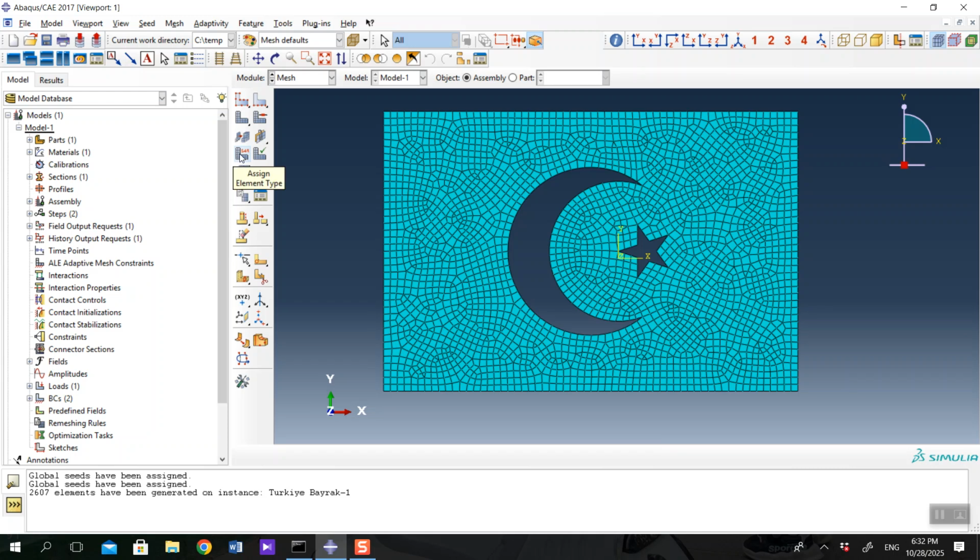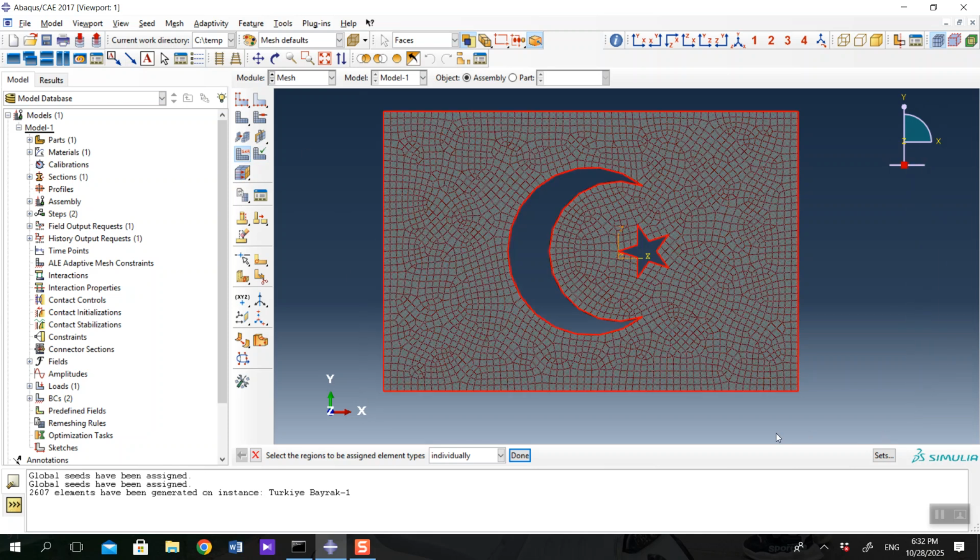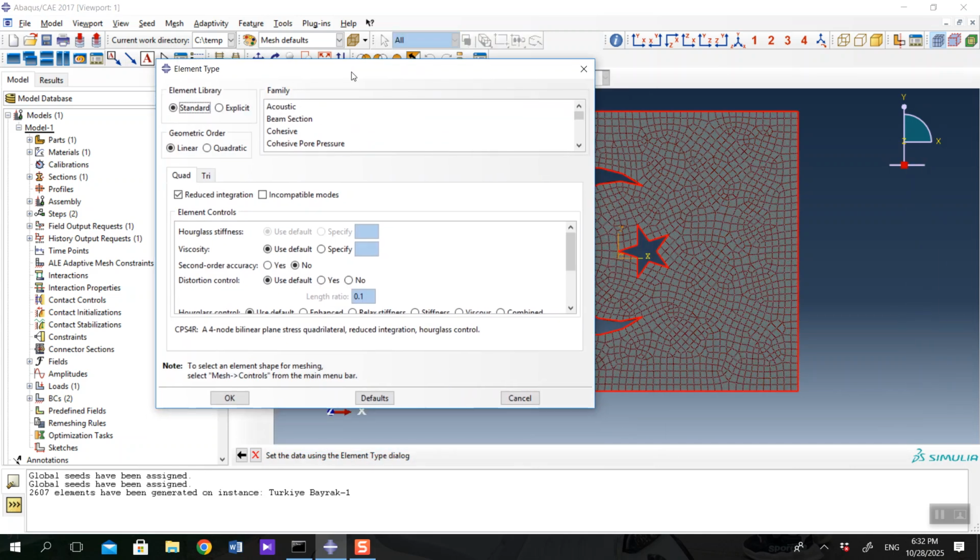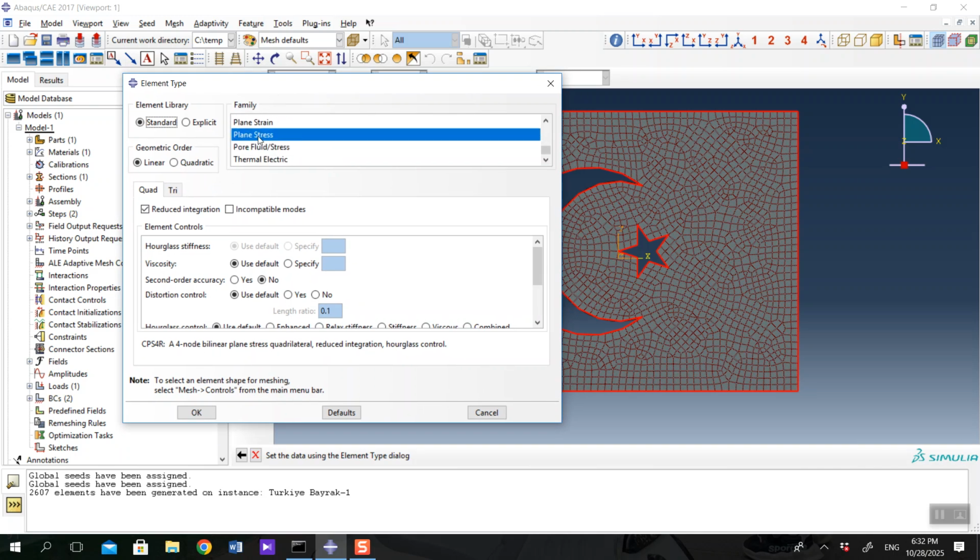And now I'm going to assign element type. So I click assign element type and select the whole model, and now I am choosing plane stress, which is true. This is the analysis that we considered before as a plane stress analysis. Let's say the linear geometric order is okay, but you may know that if you change the geometric order, your element shape would be something else. For example, for linear you have CPS4R, which is a 4-node linear plane stress